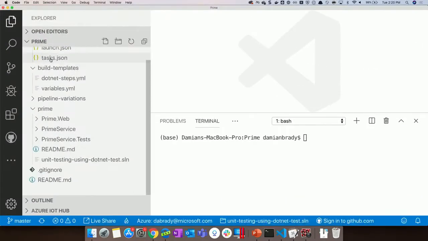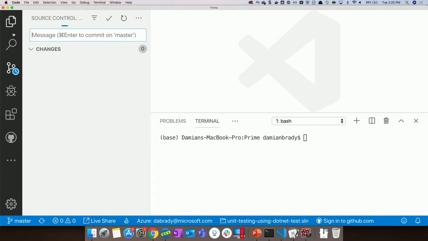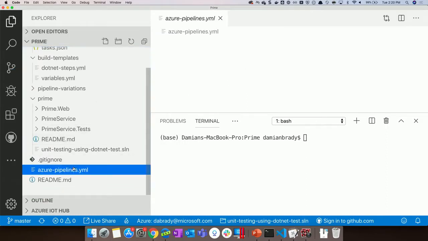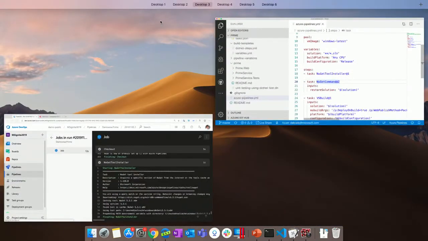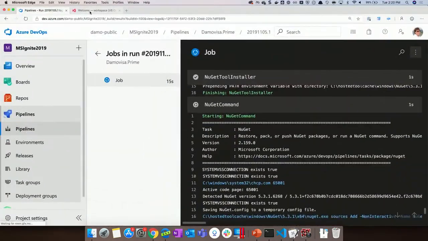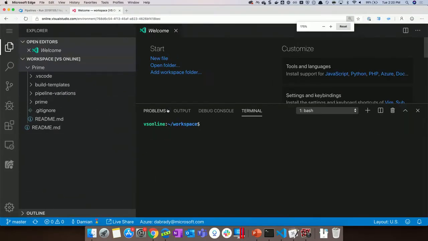But if I wanted to come back to Visual Studio Code and do a pull, we should see in our files there's now a new Azure Pipelines file. So it's right here. And in fact, as of yesterday, I can also do it without a browser, without anything installed on my machine at all. I can do it right here. So if I did a git pull on my VS Online, I can edit it online as well. I don't need anything installed on my machine, which is cool.